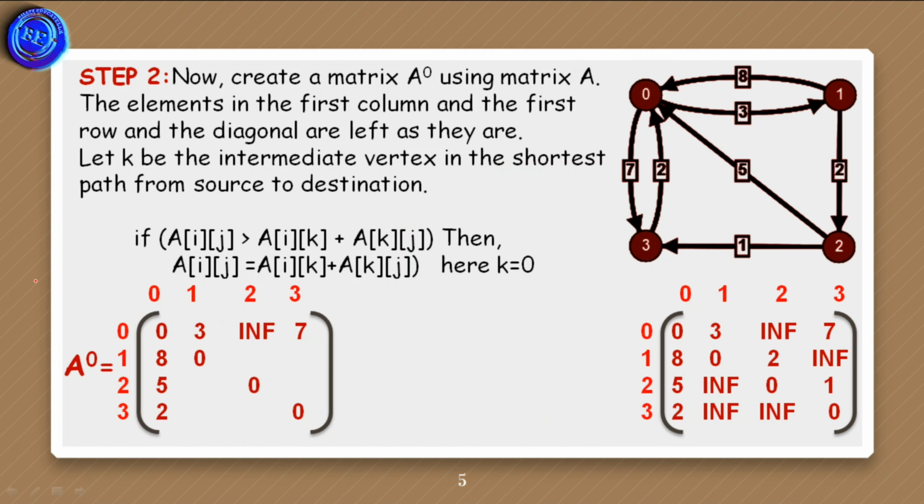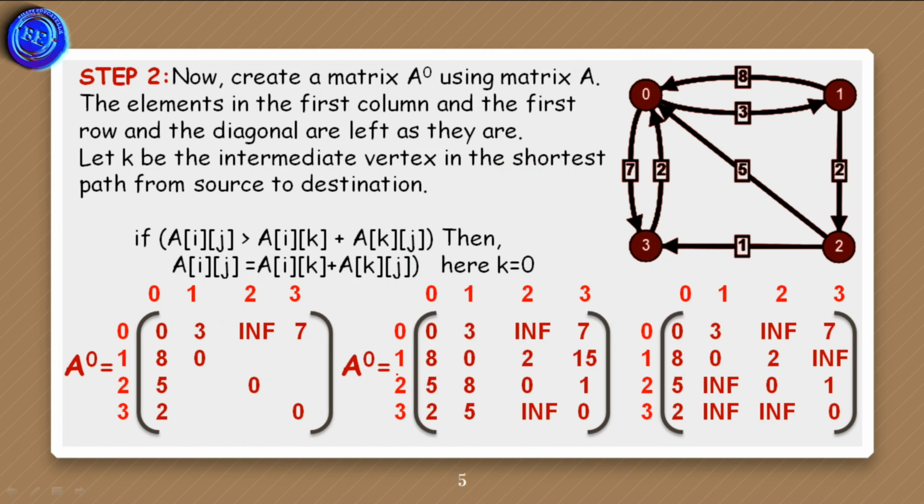So here I am going to represent the matrix. The updated values are in the first row and third column. Here 15 is updated in place of infinite because the cost is minimum when compared to infinite, and here 8 is updated in place of infinite, and here 5 is also updated.